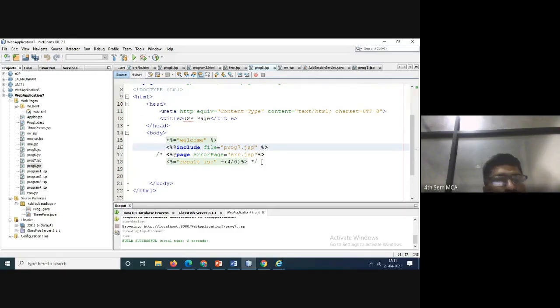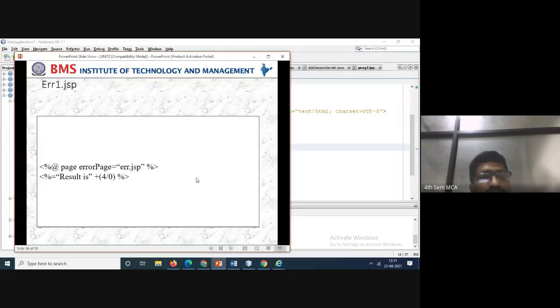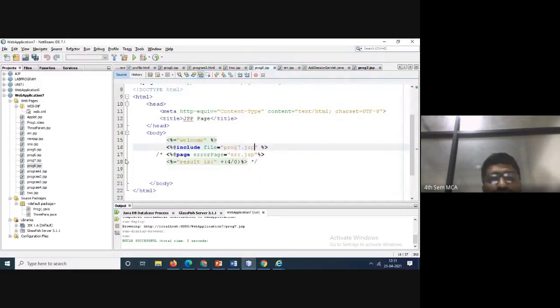Yeah, so I have written program 7.jsp here, with the page directive and the error page attribute.